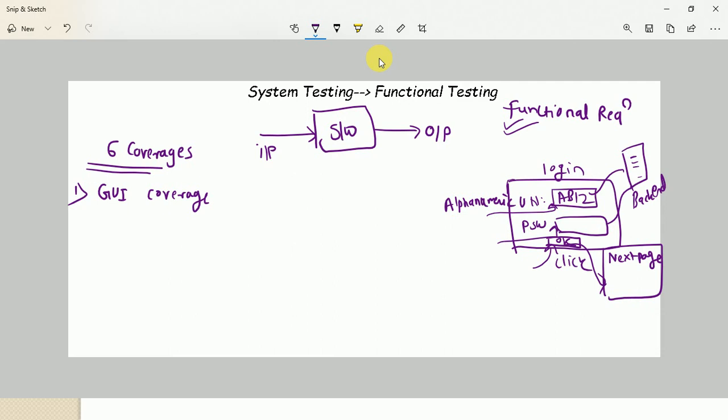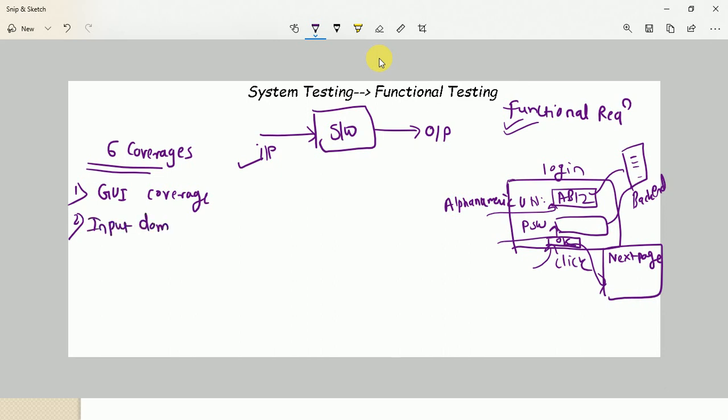Every screen in a software application is tested with all the GUI controls, that is graphical user interface, through which the user can interact with the application. So first, all GUI controls as per the requirement, the tester can verify or validate, right? Then second, whenever we have an application, we need to pass some input, right, to validate that output. So the second coverage we have is input domain coverage.